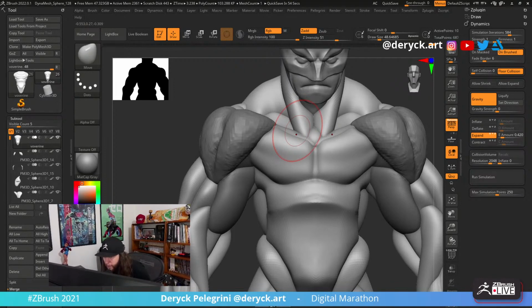Bar Horizons asks, how long have you been using ZBrush? I got to know ZBrush back in 2009, and that's when I first got in touch with ZBrush and started using it. But I didn't actually use it for real for many years, because the work that I did didn't actually require ZBrush. Most of the stuff I used to do on a software called Softimage, and after that I started using Maya.